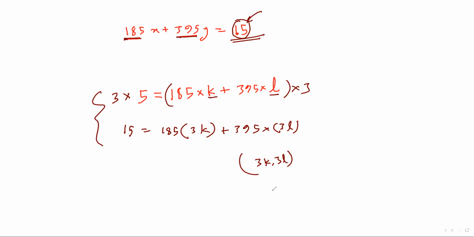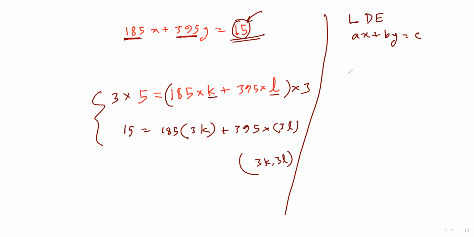3k comma 3L is the solution. So to summarize, if we have ax plus by equals c, if this is a linear Diophantine equation, then it has,